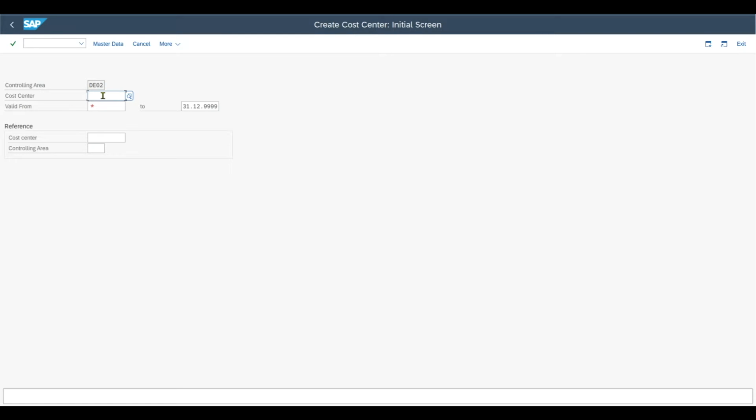The cost center ID can be up to 10 digits and alphanumeric. Most likely it's either numeric or a combination of letters and numbers. In my example, it is alphanumeric. Then we have the validity period. So basically I will normally set this to the beginning of the year, like that for instance, and with an